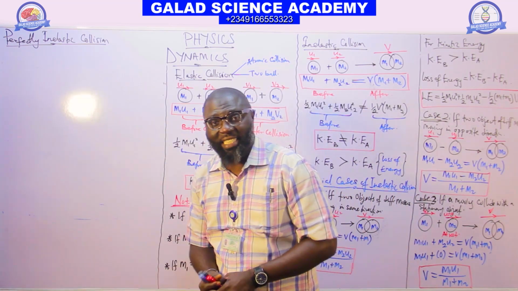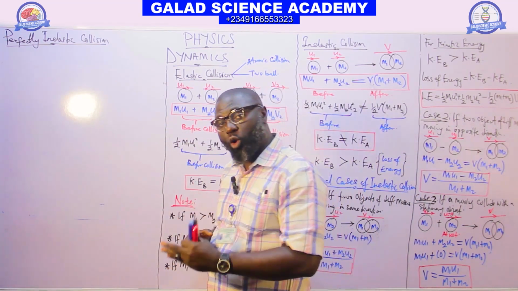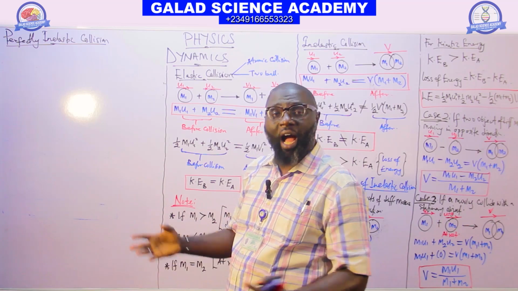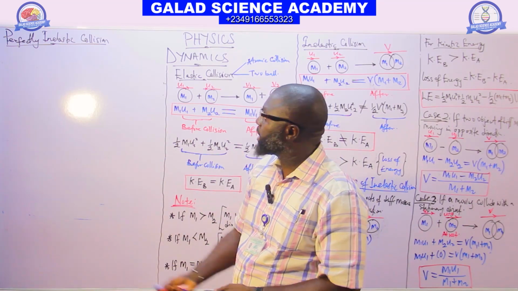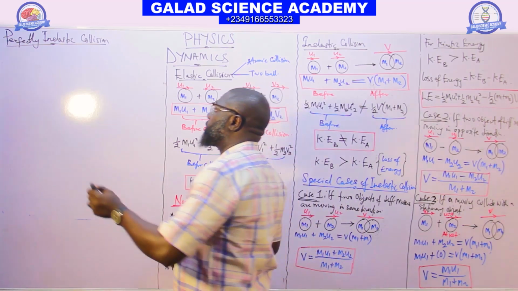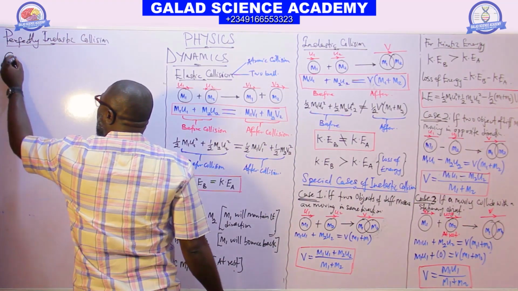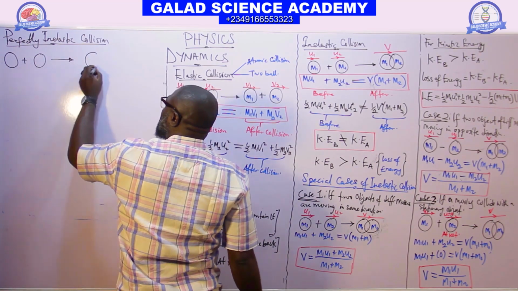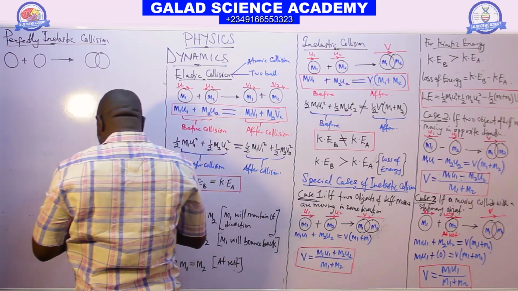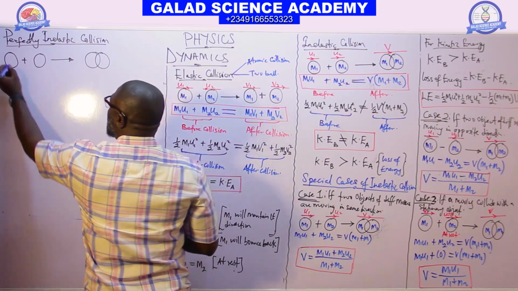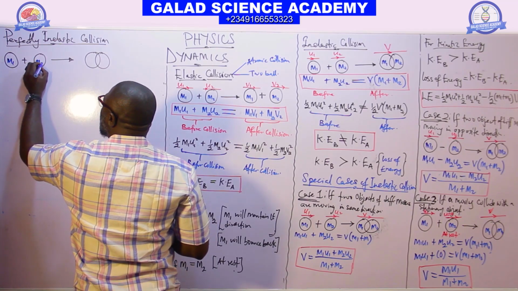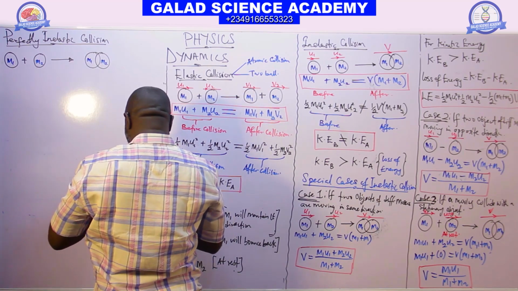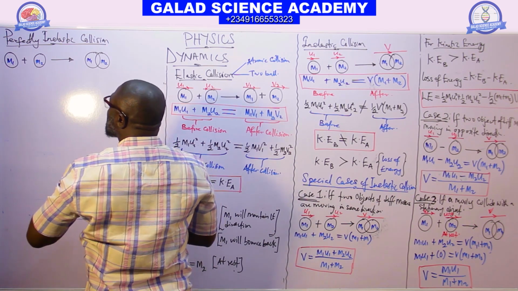So for the perfectly inelastic, the collision that occurs is one in which the kinetic energy after collision is equal to 0, and the bodies stick together and remain at rest. Perfectly inelastic. This is the sketch for perfectly inelastic. They stick together like this. This is mass M1, M2, M1, M2. So here we have